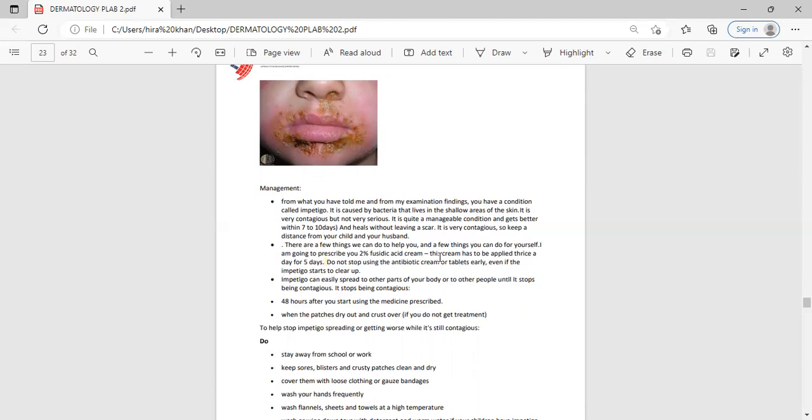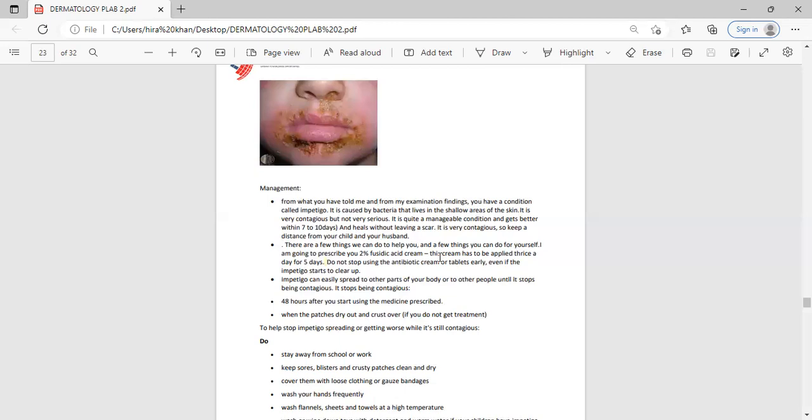So the next is how you're going to manage me. So you have to mention, well, what I am going to do is, I'm going to prescribe you a cream, that is fusidic cream, that you're supposed to apply twice a day for 5 days. But the very important thing is, do not stop the treatment even if the rash is getting better. That point is very important here, because